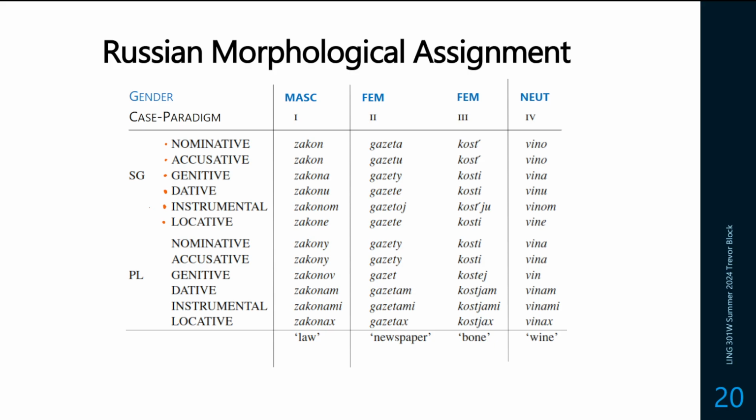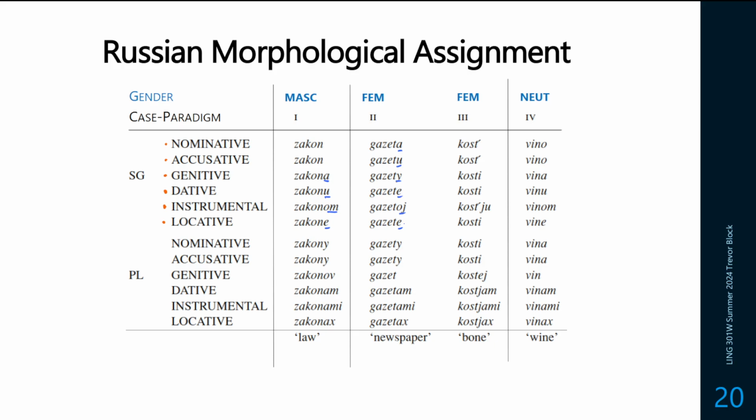Is it a locative? So each of these words and each of these case paradigms, 1, 2, 3, and 4, have different systems, different conjugations. So a, u, and a for 1, if we're looking at just the singular. But then in 2, we have a, u, e, oi, and e. So they're going to change. Now, anything belonging to case paradigm 1 is going to be masculine. If they belong to 2 and 3, they're feminine. If they belong to 4, they're neutral.